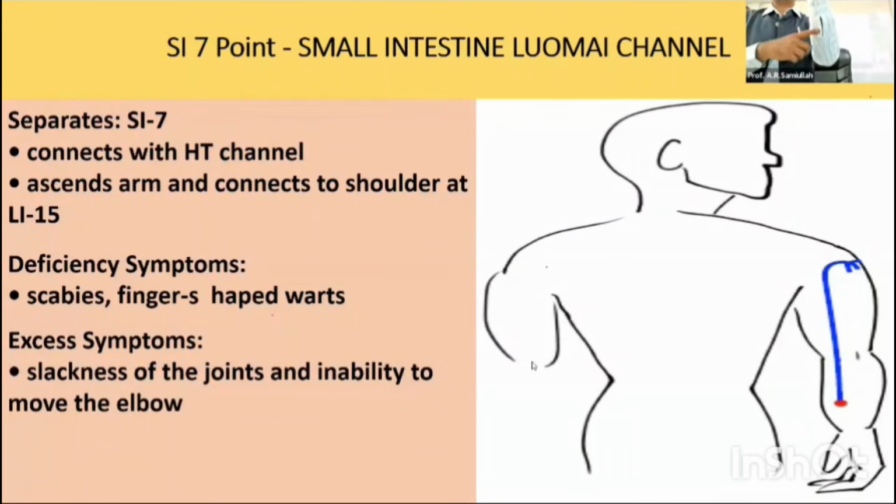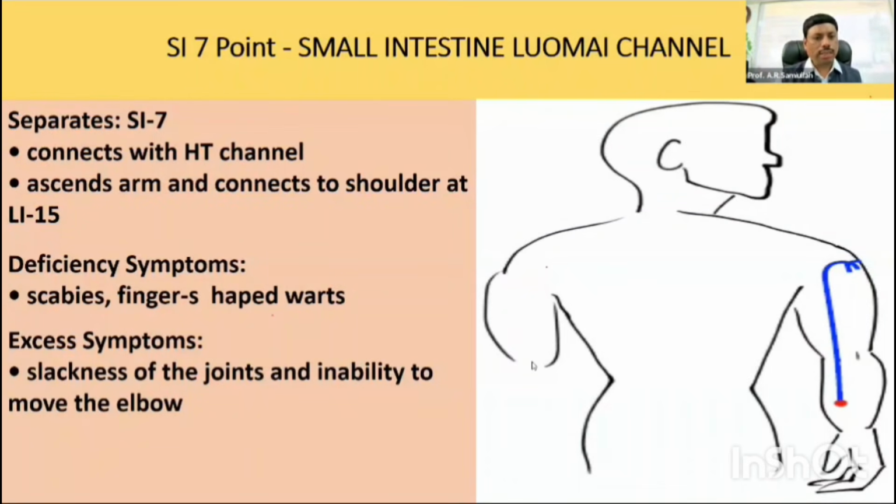So how do you handle and treat the communicating husband and wife? With this SI7, which point do you want to activate? The source point of the heart, Heart 7. SI7 and Heart 7, keep it in mind. Zhizheng and Shenmen. Both points are good points to communicate to the husband and wife. If the heart has a problem, then the small intestine has a problem, and vice versa. So how to treat? You just apply the two points together. In this way, you can treat numerous diseases pertaining to that particular organ.